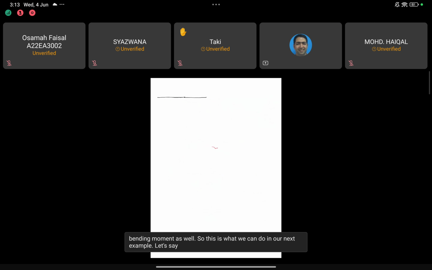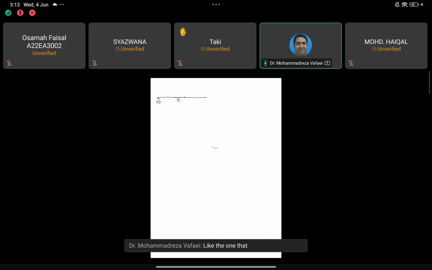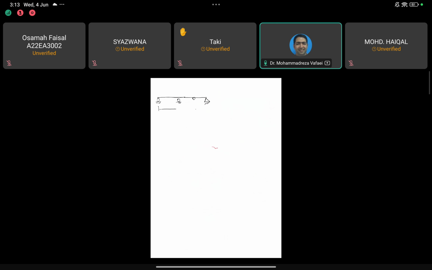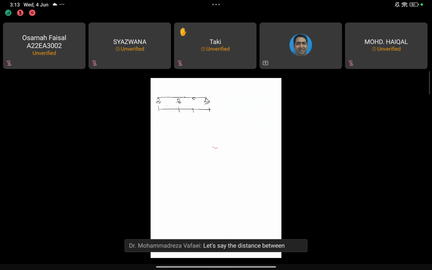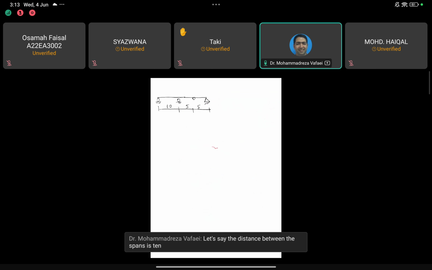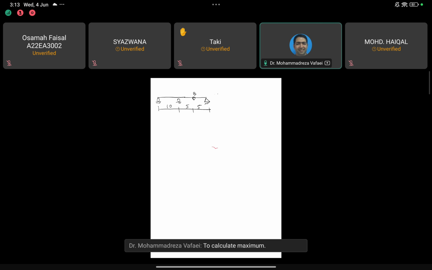Let's say we have been given a beam like the one that you see here. Let's say the distance between the spans is 10 and 5 and 5. And let's say we have been asked to calculate the maximum shear force at point B under